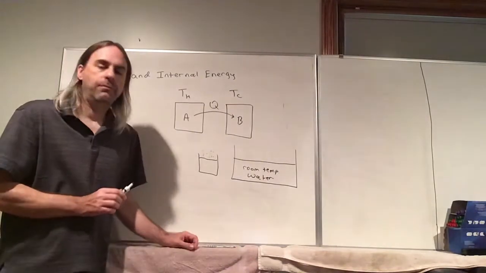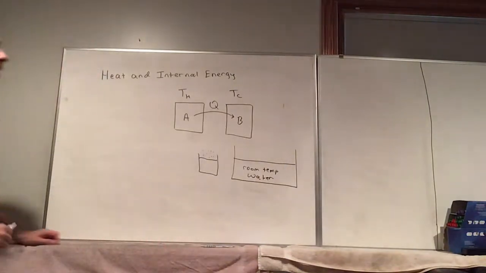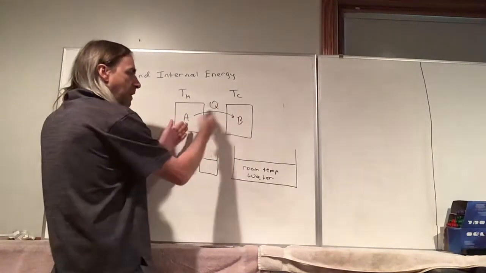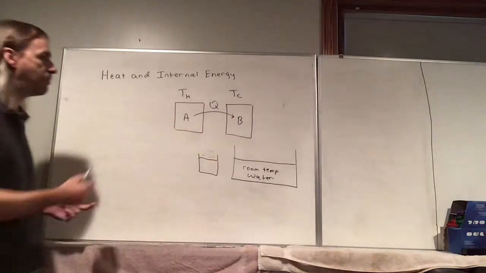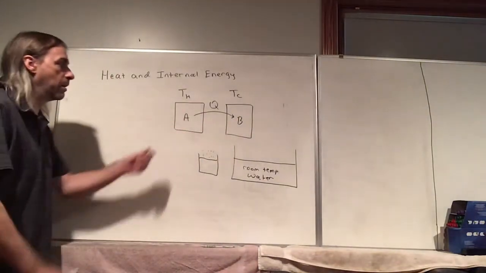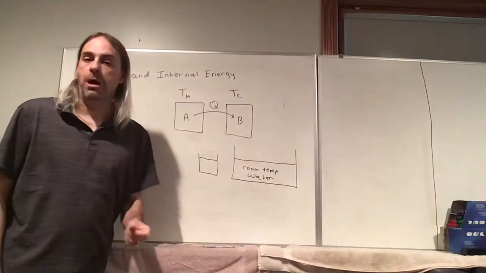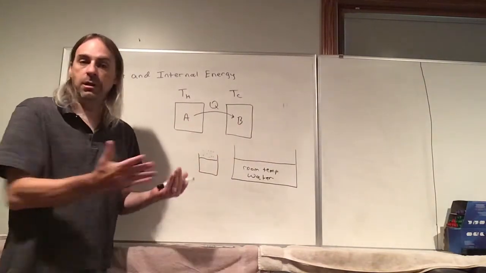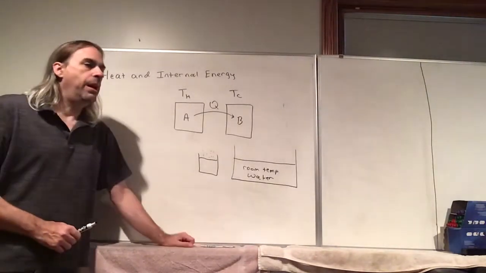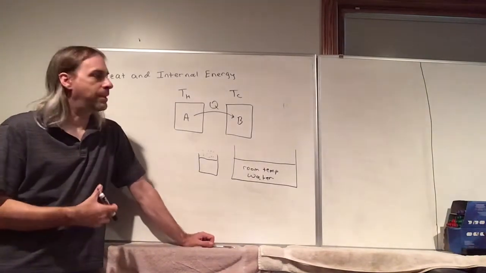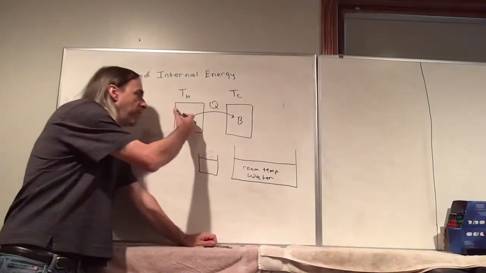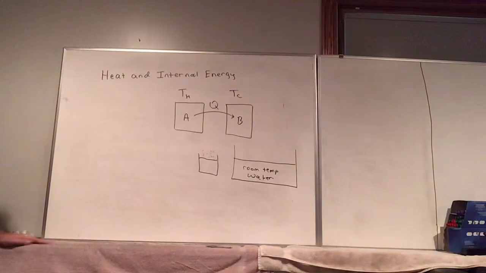Historically, they did not know about atoms back in the 1800s. If you have two objects at different temperatures, one hotter than the other, of course they noticed that something was happening. This object would cool off, this one would warm up. If you touch something hot, obviously you're going to feel that energy. But they didn't know what it was, so they assumed that it was a fluid, an actual fluid flowing between these objects. And they called it